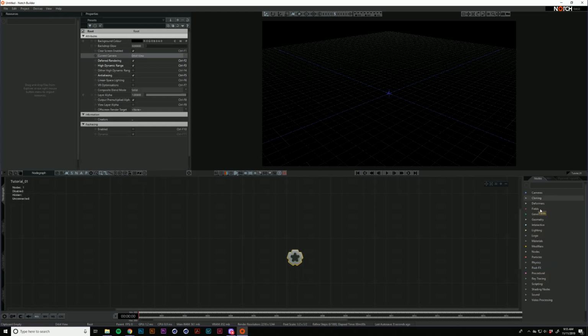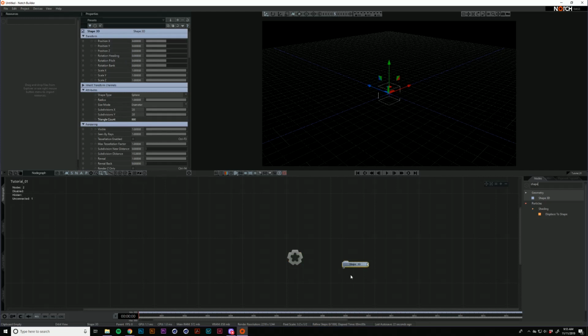So to get started, let's go over here and type in shape to get a shape 3D node. We're going to do what we do in any tutorial. We're going to just add a shape to the scene. Now you can see the bounding box, but there's nothing really there, and that's because all of your nodes, in order for them to show up in this viewport, need to be connected to the root. And an easy way to do that is to just hit Control R, and that connects the selected node to the root. You can see this line here,